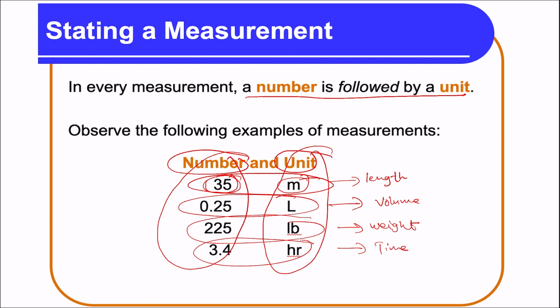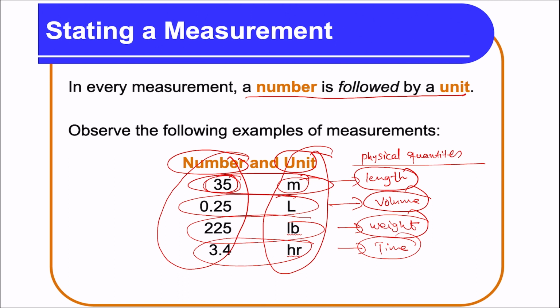And then you have the physical quantities of interest. Every quantity that can be measured is a physical quantity, and these physical quantities, like length, volume, weight, time, and so on,